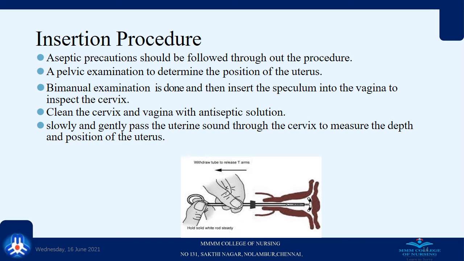After measuring the position and length of the cervix, next we have to introduce the copper T device. As seen in the procedure, we have to insert till we feel the resistance. Once we feel the resistance, the plunger should be pushed so that the T form comes out. After that the plunger should be released out.